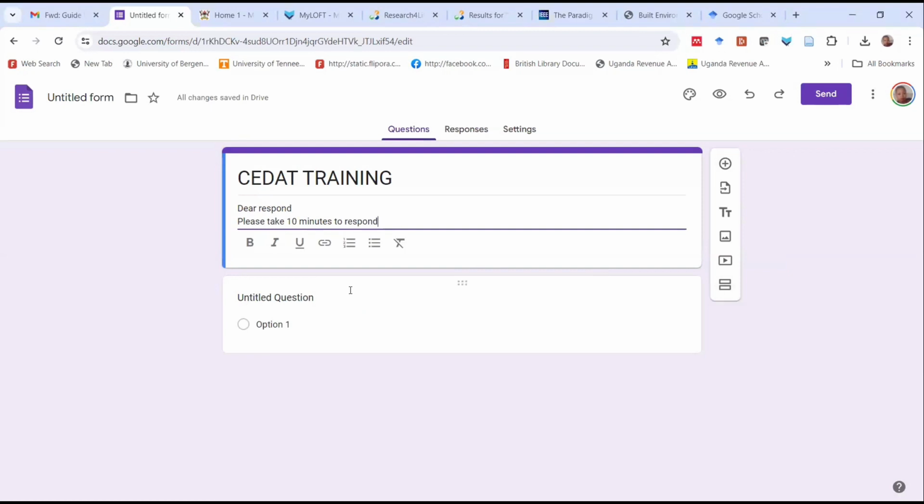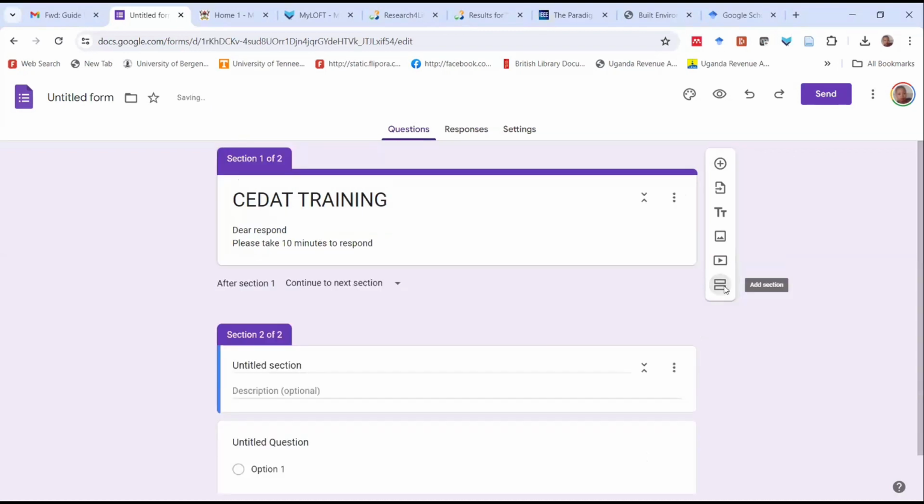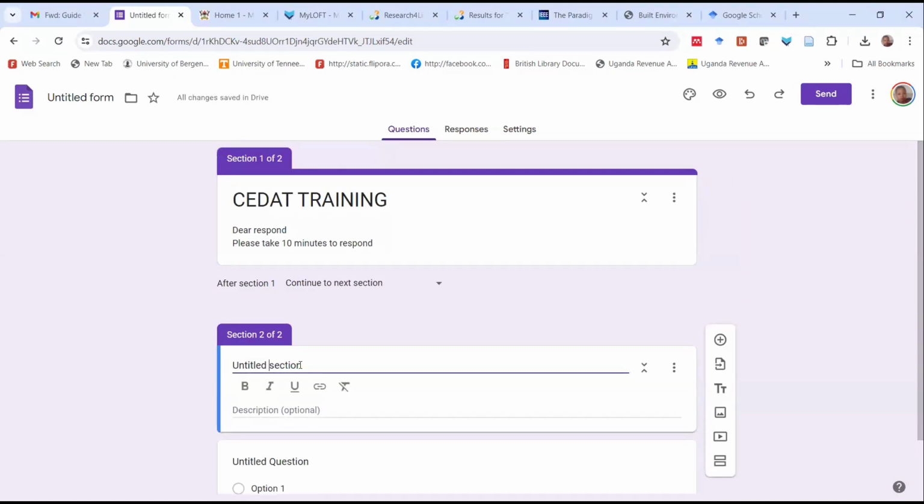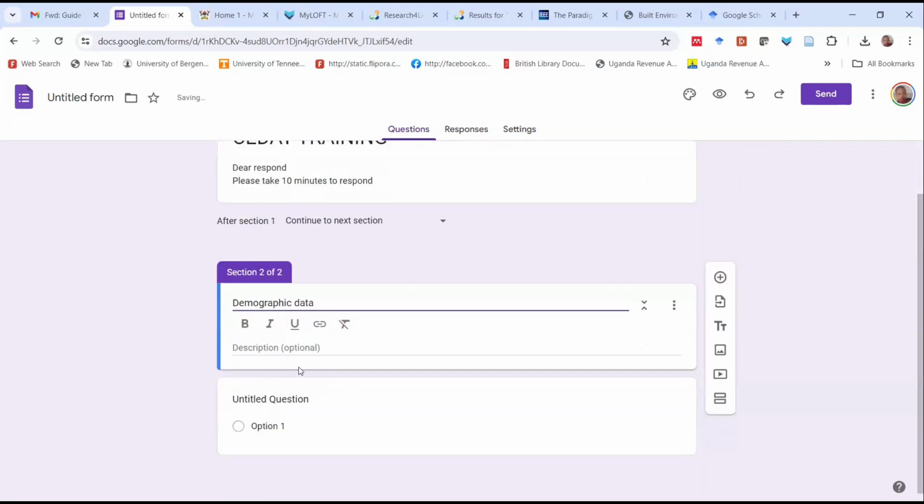Okay, so you create a section. And then you give the title of your section, which is demographic. If you're interested in the participants' demographic data, that is where you put it. If you want to give some instructions on how they should respond to these questions, you put,